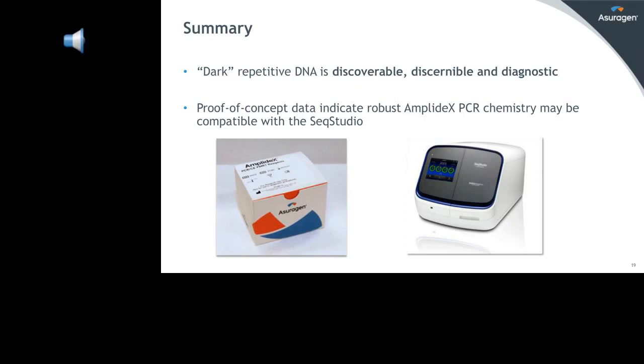We can certainly use less, and in fact, part of our evaluation was to do a titration series. We were able to go down to much lower quantities, in the range of even 1 nanogram or so, but our standard conditions are in the 40 nanogram range, and that's also to accommodate the ability to look at some of the lower level signals that may be present, so you can get a fully informed view of the information from the sample to support the clinical research questions you may be interested in.